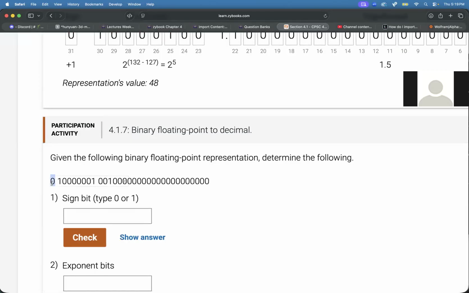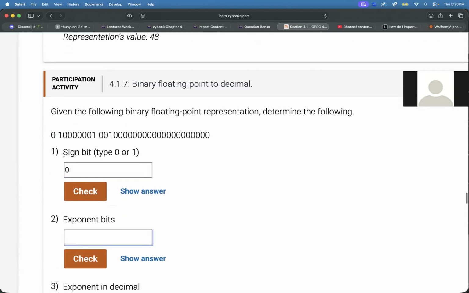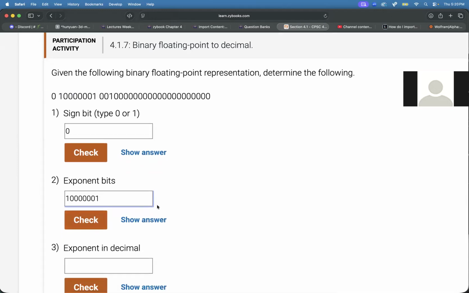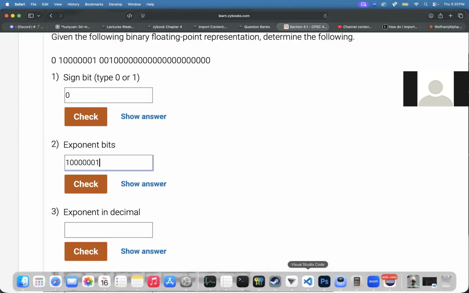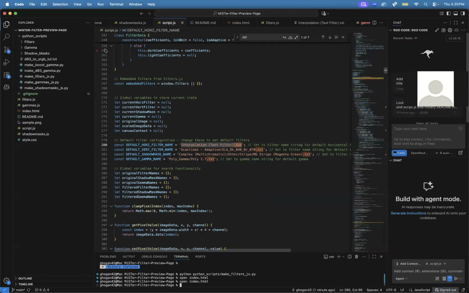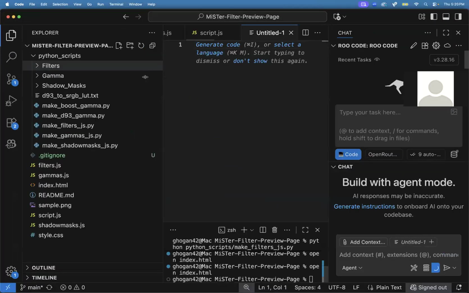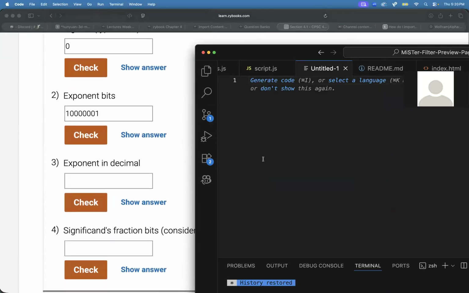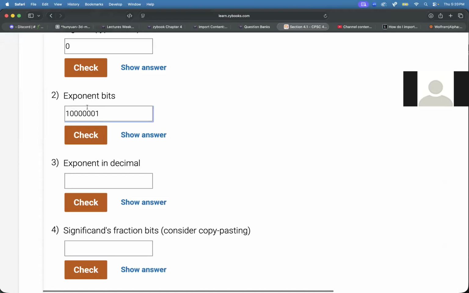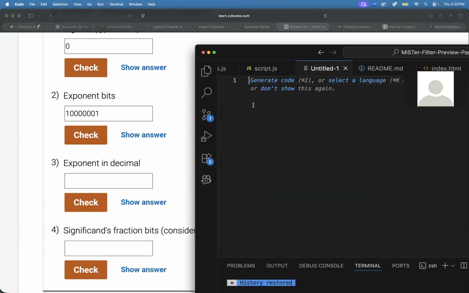The sign bit is the first bit, so the sign bit is 0. The exponent bits come next, there's 8. And then the exponent in decimal. We did all this in the worksheet last time. Basically, if you take this 8-bit number, so take the 8